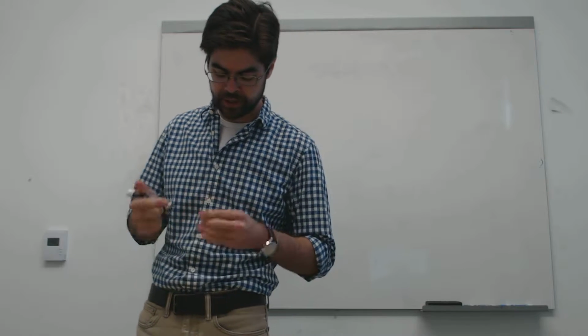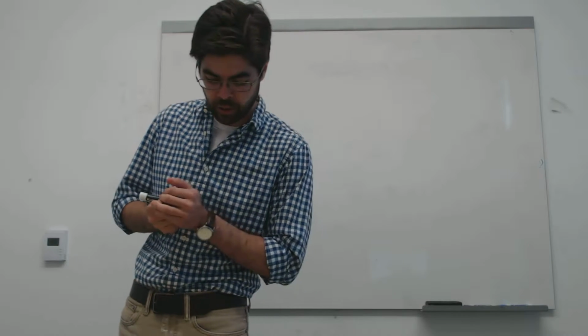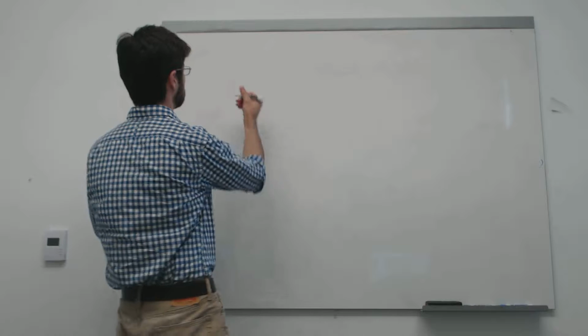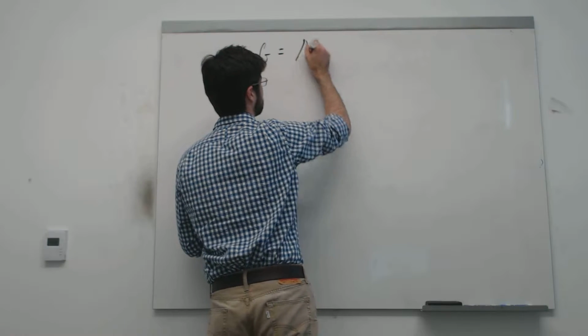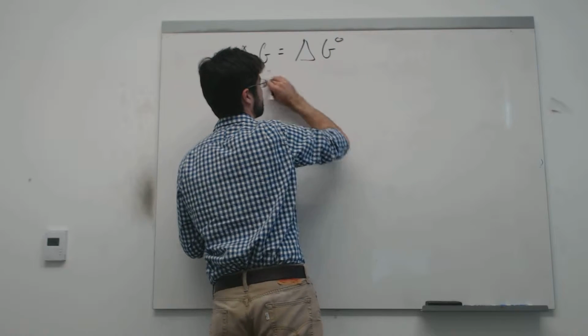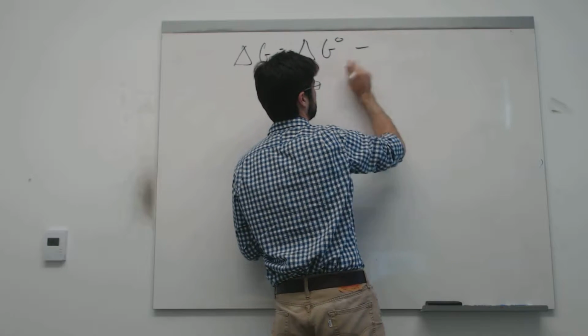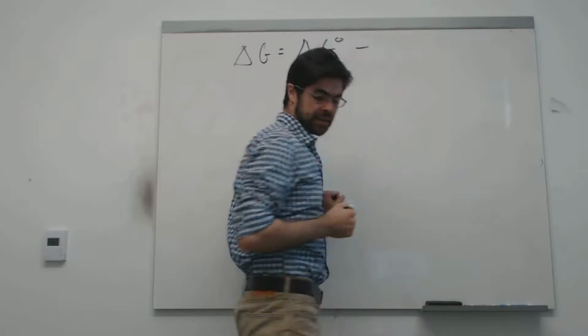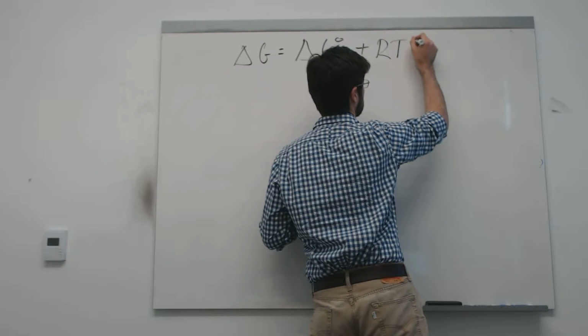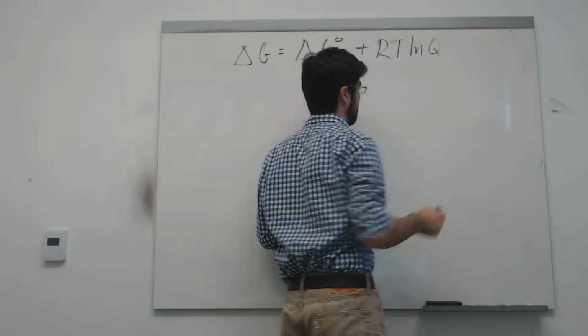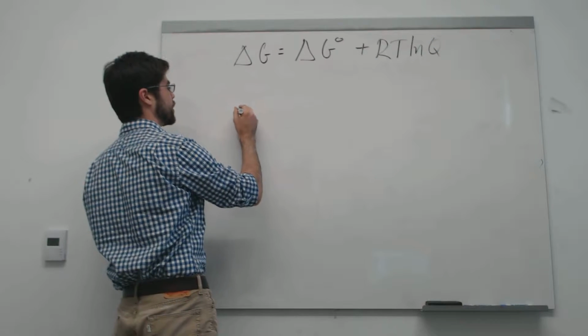So I'm not entirely certain which free energy equation you're referring to, but in the context of the Nernst equation, I think you're referring to this expression, which is a way of calculating delta G under non-standard conditions versus G at standard conditions, which is given by this expression. And then the Nernst equation